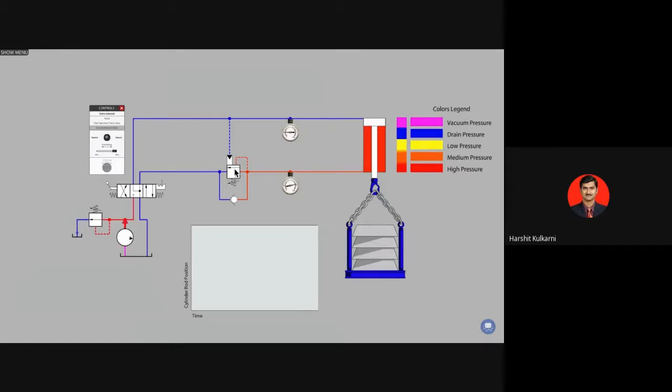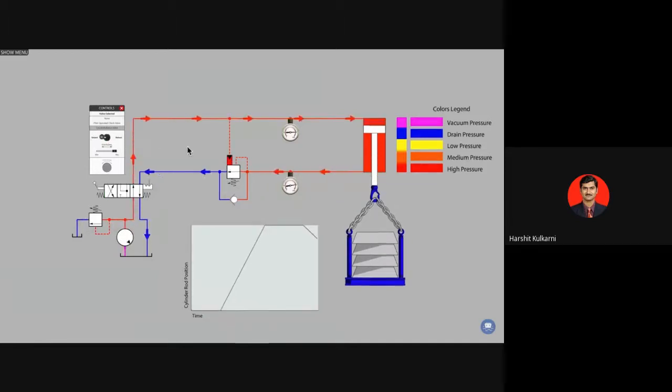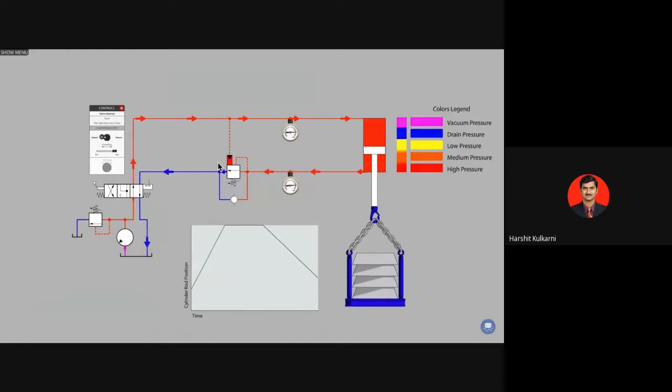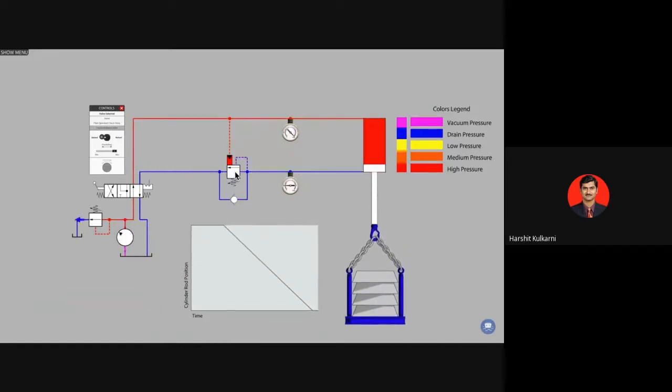Like the pilot-operated check valve, the counterbalance valve also has an external pilot line, and once again, no flow occurs on this pilot line. Pressure value from the cylinder port that is opposite to the one where we are controlling motion when lowering the cylinder is used to help dynamically adjust the setting of the counterbalance valve. Let's now observe what happens as we lower the hydraulic cylinder. The graph shows us that the cylinder speed is steady. Unlike the pilot-operated check valve, which had only 2 states, open and shut, the counterbalance valve continuously modulates, makes small adjustments to the size of the valve opening.